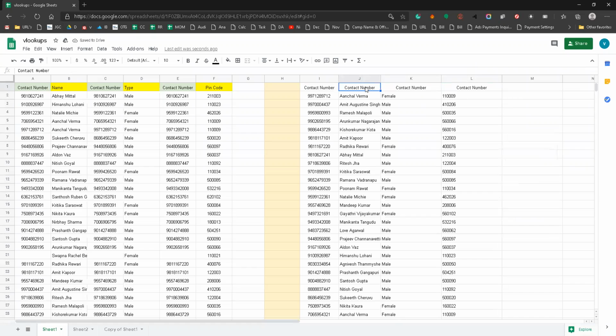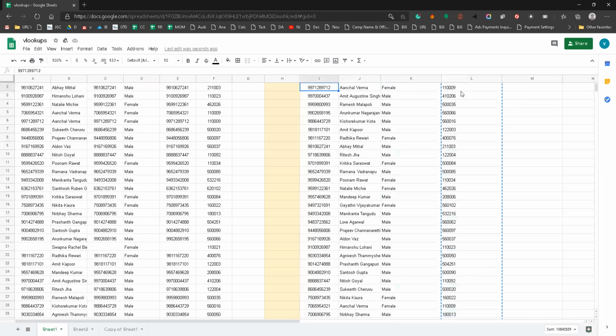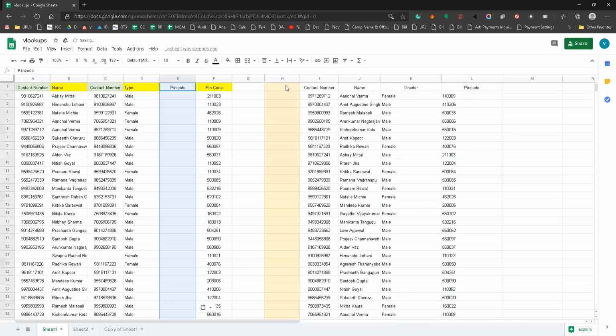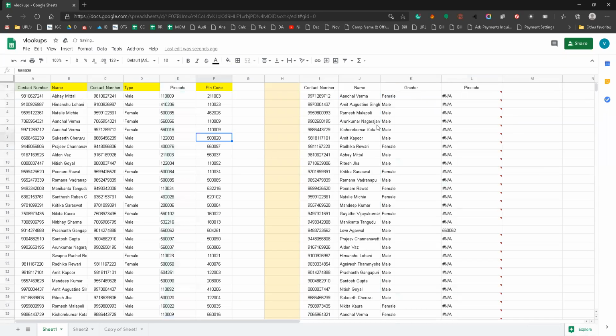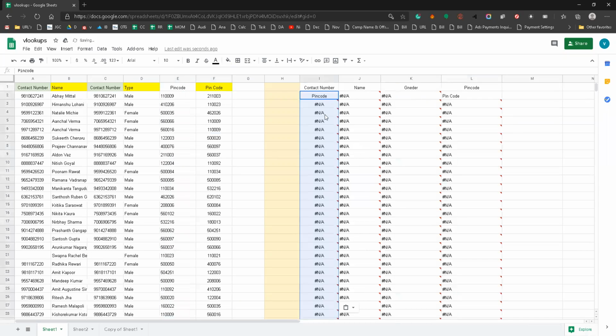We can also keep the identifier as name. We can also name the labels, and gender, and the pin code. Gender wise also we can take VLOOKUP, yes. Anything we can take. So we took the source as contact number. Likewise, if we have the pin code as source, then we can also copy paste the pin code as source. Then we will be getting the pin code data.